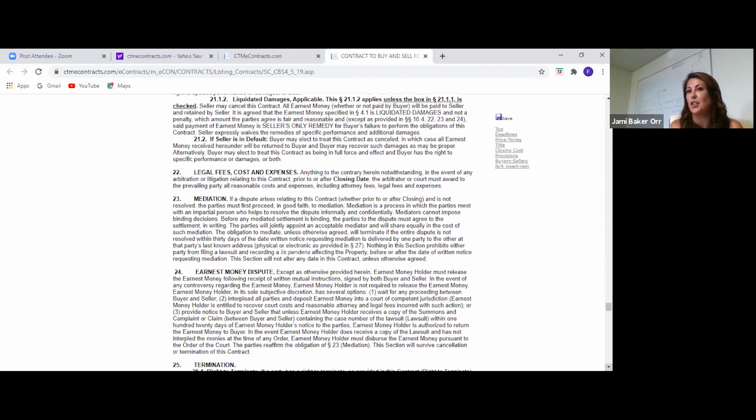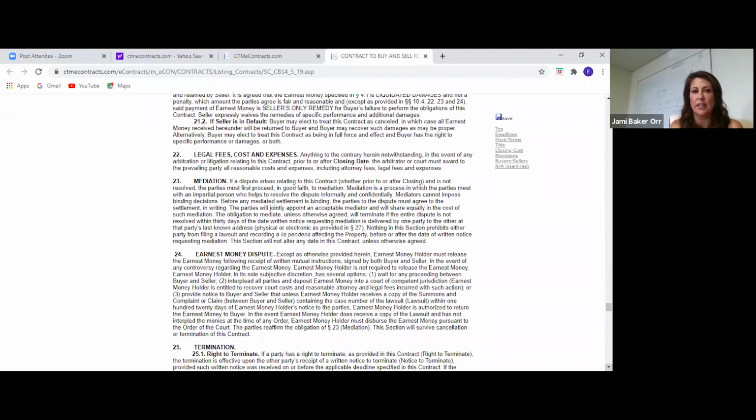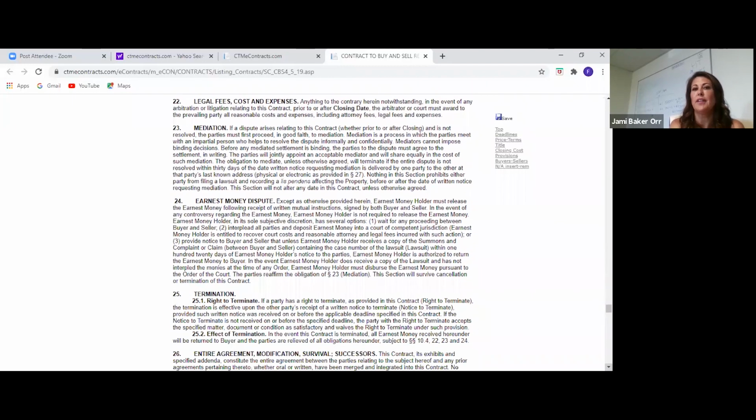I've only had to do one in my life. It was pretty interesting. It says if everything goes to heck in a handbasket and you have an earnest money dispute, that you're going to agree to mediation before hiring attorneys. And then it says whoever loses pays, basically. So if you hire an attorney, you might be paying for both of the attorneys, but you've already agreed to mediation in the contract. And I always let the buyer and the seller know that,